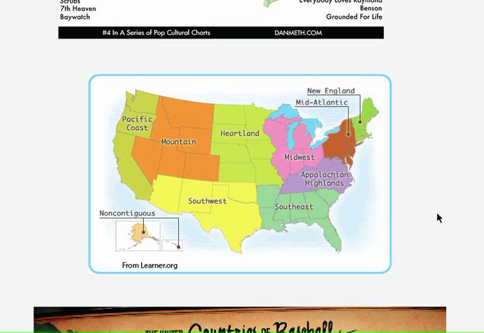We're looking at now different regions of the United States. So there are many ways to describe the United States. This is one example, from learner.org. And this talks about different parts of the country. Now, you can see that they're blocked up by states, but others have more ambiguous regions, right, where